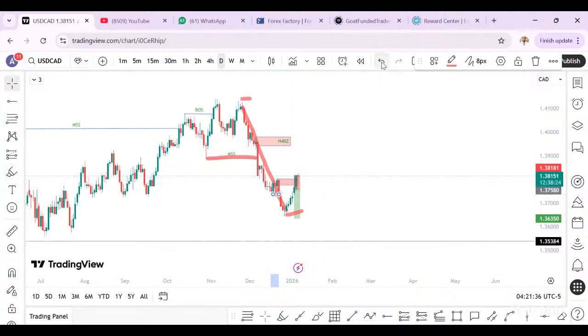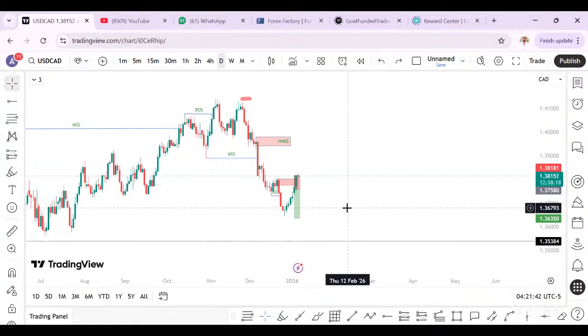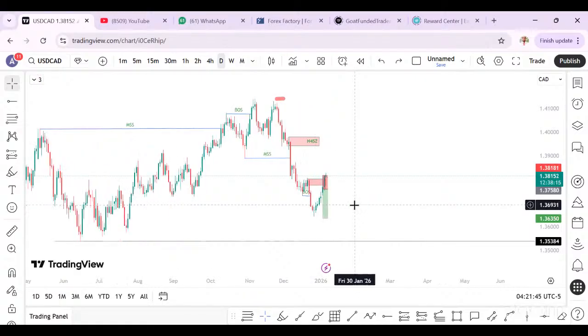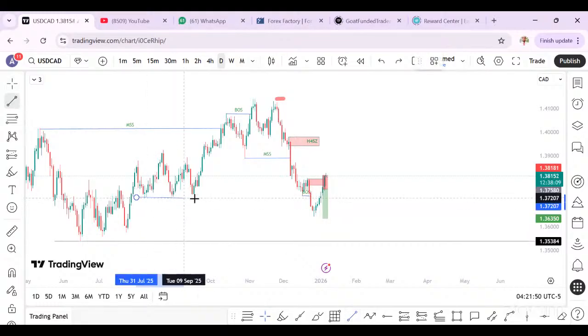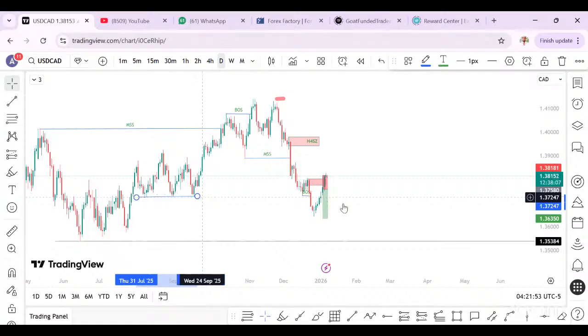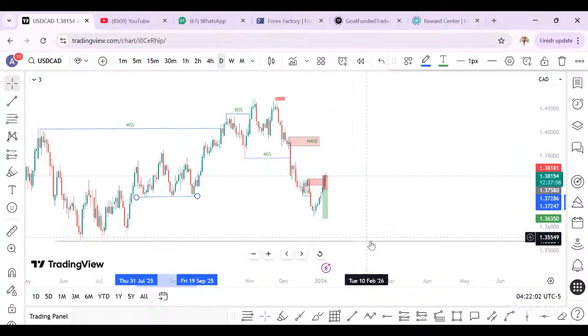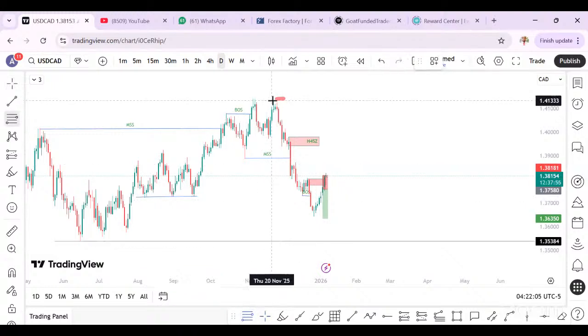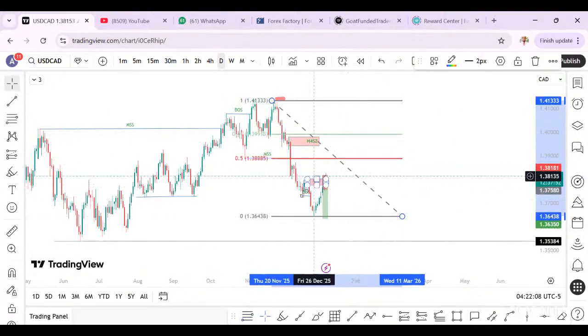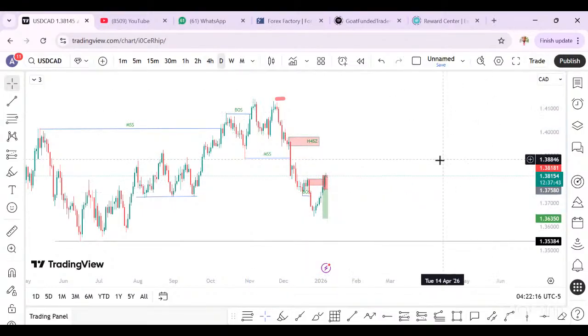So I have zone 1, zone 2. Now, let's analyze why zone 1 is not a valid zone, and that is the reason why I hit stop loss. Price has taken a lot of liquidity. There is a lot of liquidity here. Look at it, price has swept a lot of liquidity. It has made this trench. So there's a need for a serious pullback to create a higher low before continuation. And when we put our Fibo, you can see we are still in bullish territory.